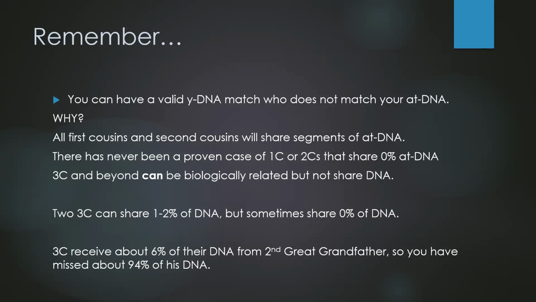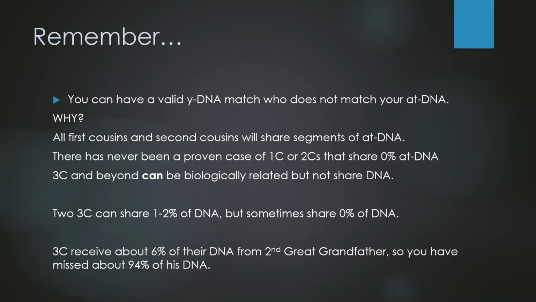So recombination affects the pieces of DNA that we get further and further back. A third cousin would receive about 6% of their DNA from their second great-grandfather. So you also have to consider that they've missed 94% of that man's DNA. So you might match a man, if you are a man, a second great-grandfather, with